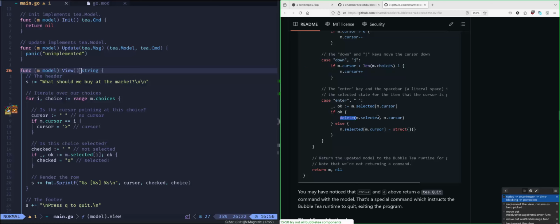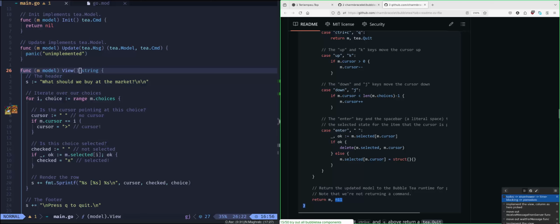This is deleting from the model, and this is changing the model too. And this is the thing that is going to loop. So the model gets returned, so it's going to process it again in a new loop with a new model that has already mutated. And there is a nil command because it does not really issue any command.